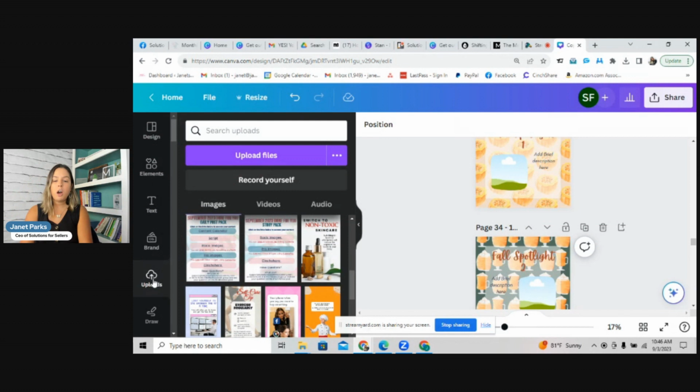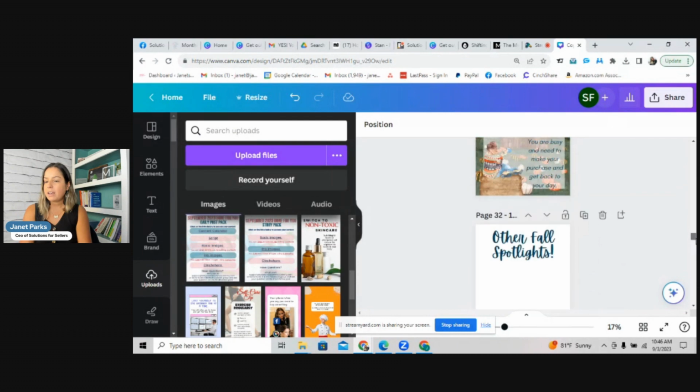Okay, so I'll give you an example. So let's say this is the product that I want to upload. Once I drag and drop it, it just kind of formulates it into the graphic. So the frame allows it to just look a little bit prettier on the graphic, okay? So again, if you don't want to use that, you can delete it, right? That's the best part of being able to personalize this stuff.